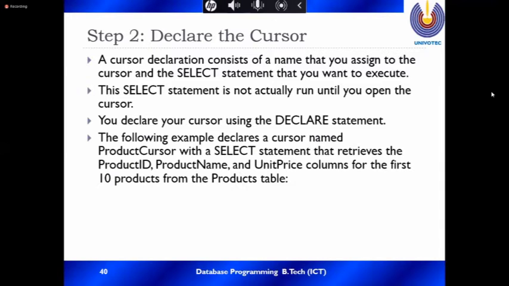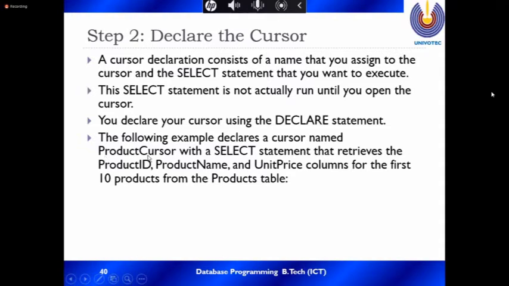You declare your cursor using the declare statement. The following example declares the cursor named product cursor. You can use a specific name, easy to identify. Therefore, we are using this product cursor, which interacts with the product table.